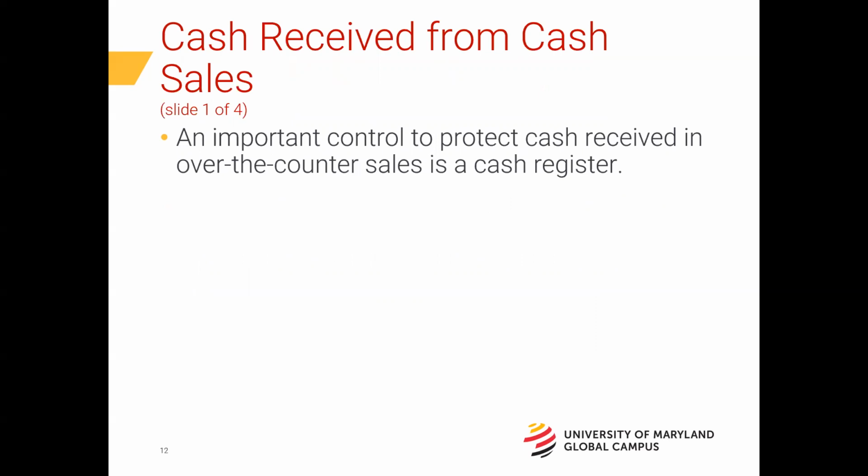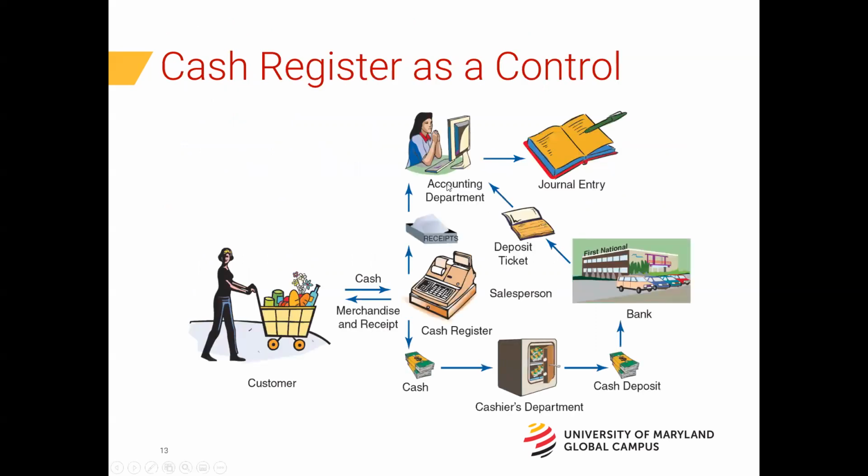So when we receive cash from a customer, it's typically over the counter and it goes into a cash register. I'm sure you've all seen this type of behavior before. I'm sure you've been either on the sending or receiving side of cash, hopefully. So here is what happens when you go to the cash register and you cash out and you're buying groceries at the grocery store. You're the customer, you pay with cash, you're given a receipt, and you get to take the inventory home with you, right?